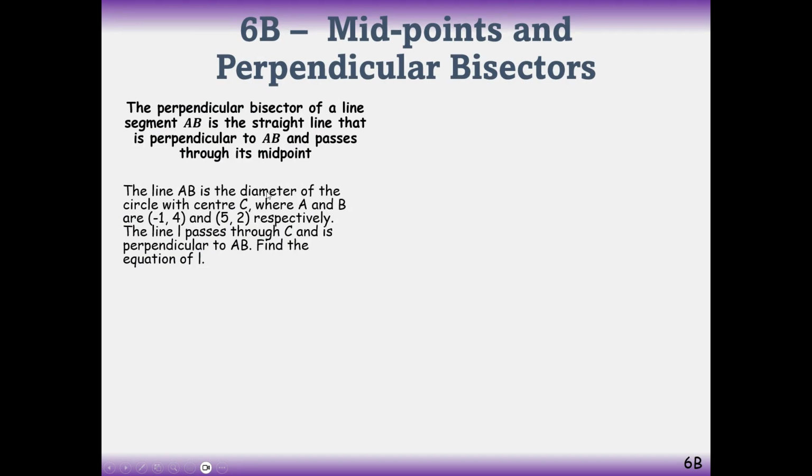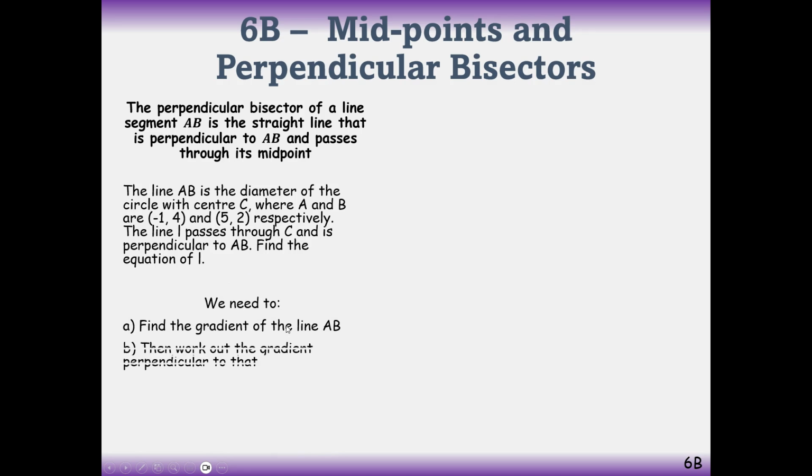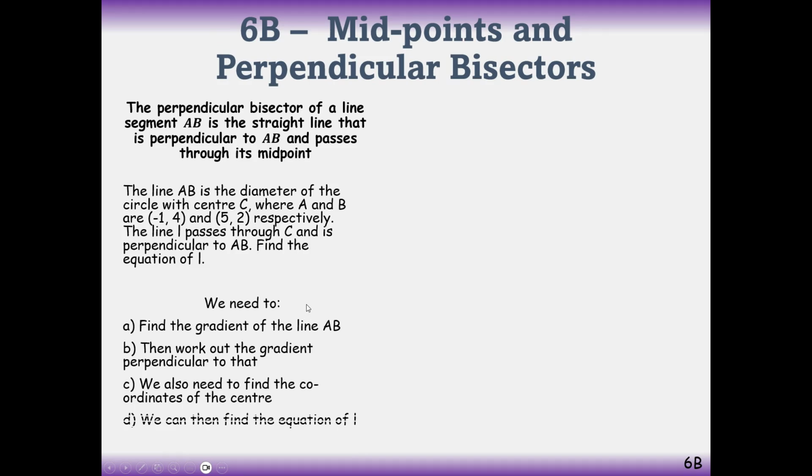All right. In this section, we'll be looking for midpoints and perpendicular bisectors. So we've been told that a line AB is a diameter of a circle with center C, A and B have such coordinates, respectively, and line L passes through the center. So L is, in other words, a diameter. We've been told to figure out the equation of this line. So first we need to figure out the gradient of the line and use the equation of a straight line to figure out